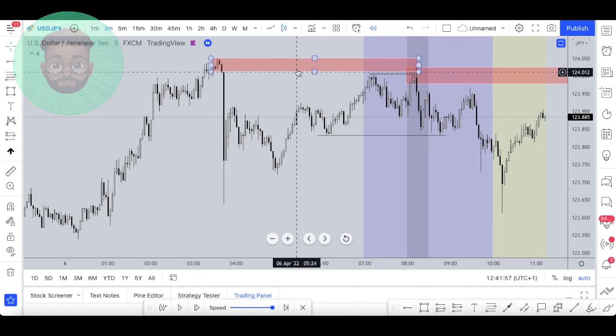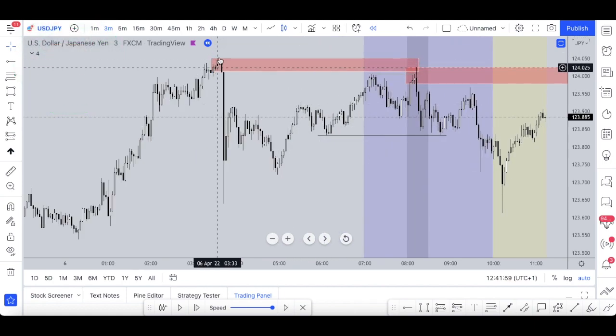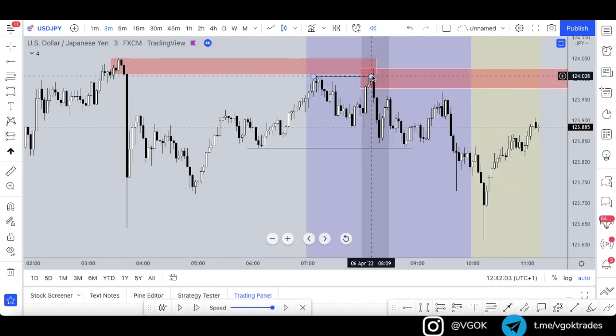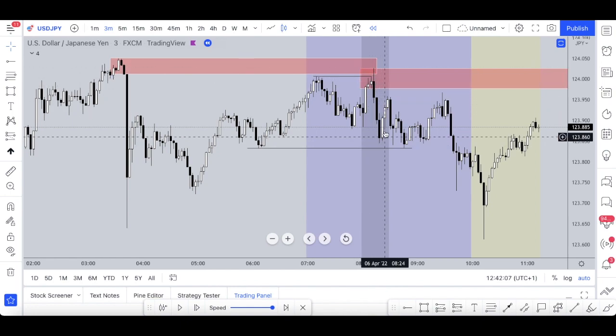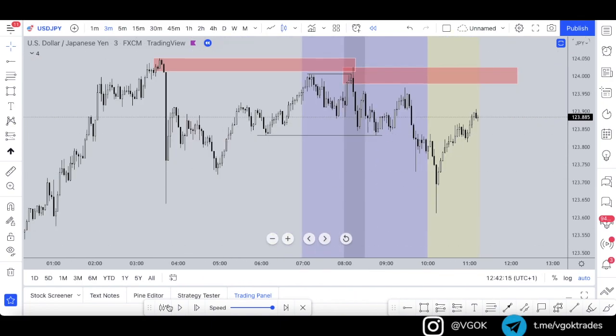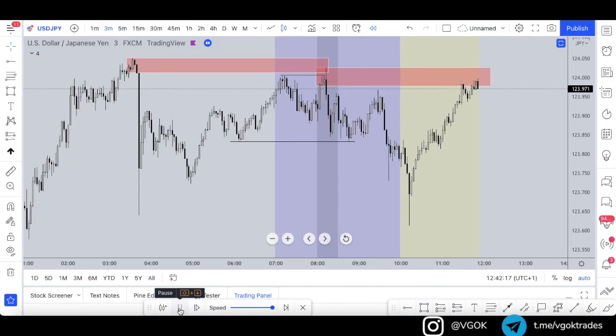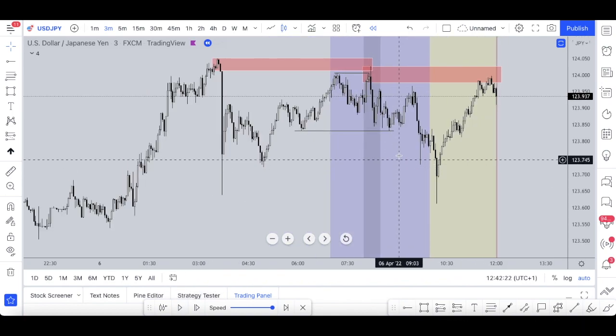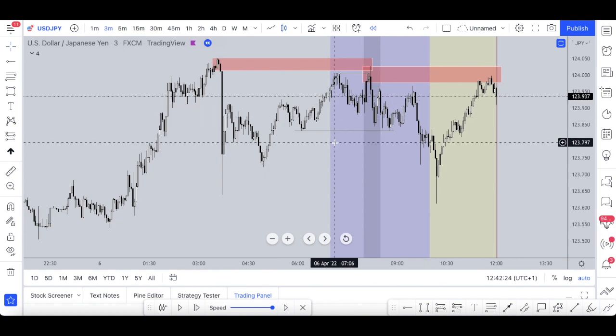So it reacted into the previous supply zone, this previous buy to sell region which we identified earlier on, and it's also created another similar piece of price action in that buy to sell price action. So using this as our next point of interest, and forwarding the price just to see how we get into that zone, one thing I wanted to mention just before we go into the actual entry of this,